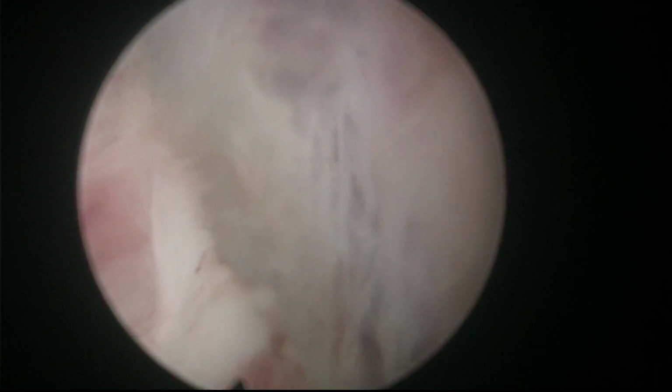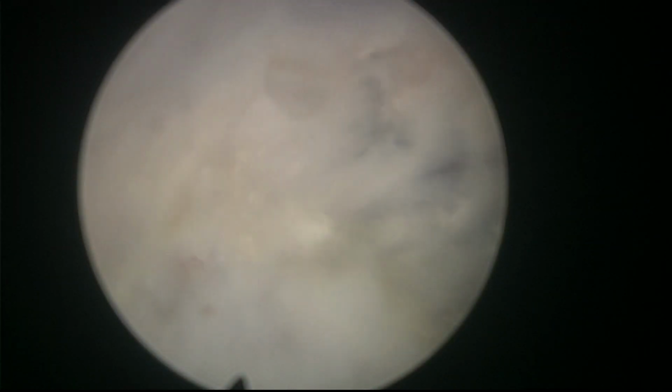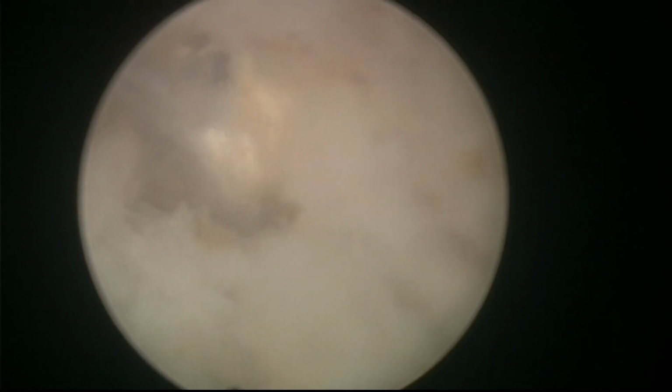But here I'm coming up, I look around, you see, to follow the uppermost fibers here, trying to search for the best possible plane anteriorly. Yeah, there's some limitation to my movements as well because there's a lot of fat around the perineum, but slowly I'm getting where I want, which is close to the capsule anteriorly. You see here, it's not a matter of bringing the laser up and forcing the sphincter. You know, sometimes you can split the sphincter in two if you use a lot of strength anteriorly,